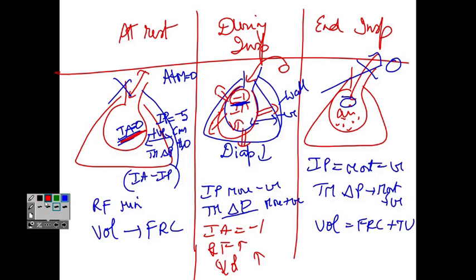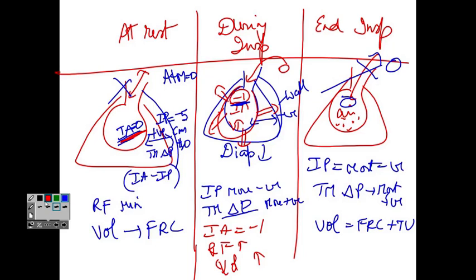On the exam, you don't have so much time. So if I ask you anything about intraalveolar pressure, it's easy. At rest, no movement of air, so it has to be 0. During inspiration, it's expanding, so the pressure has to be less, -1. At the end, it has to go back to 0. Pleural pressure, if I ask you: at rest, your alveoli are still stretched. That means the gradient is positive, so intrapleural pressure has to be negative.